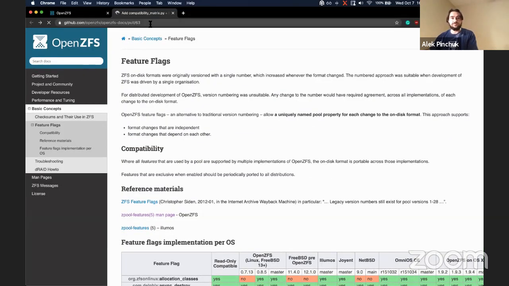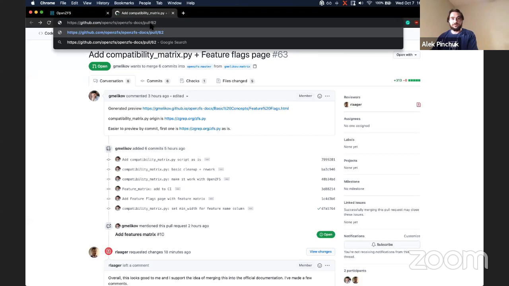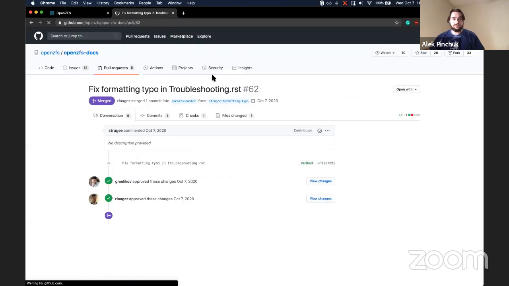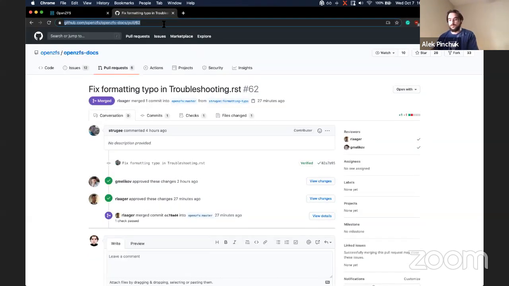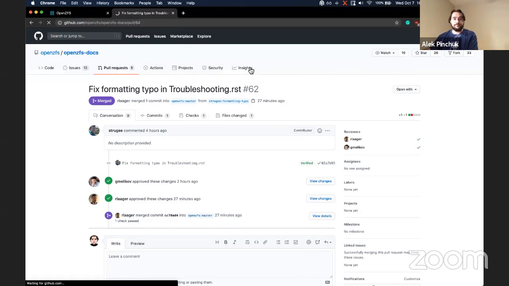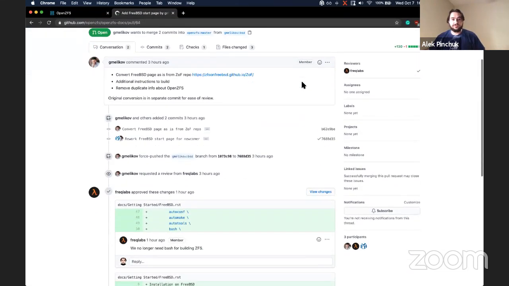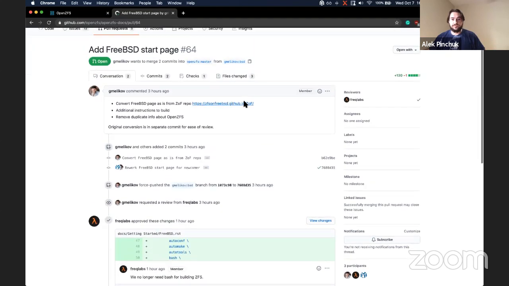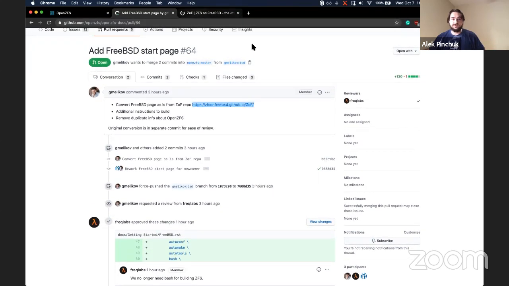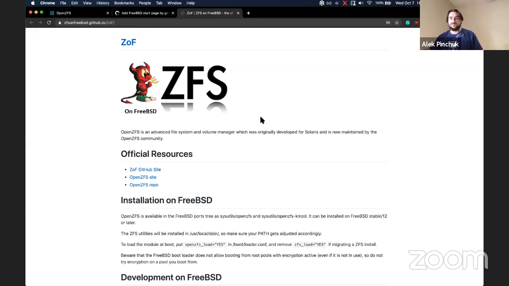And there was another pull request, the FreeBSD changes that we were talking about. So just converting this page to live in the OpenZFS docs repo. Yep. Cool.